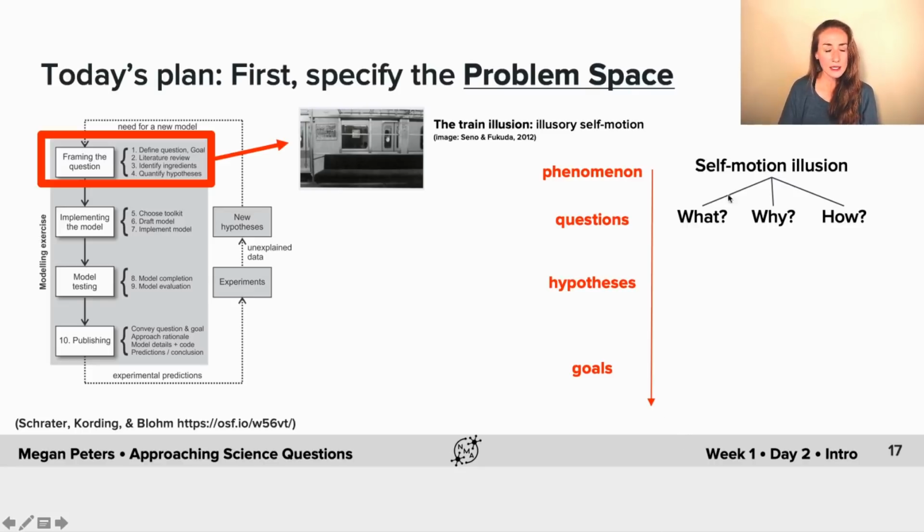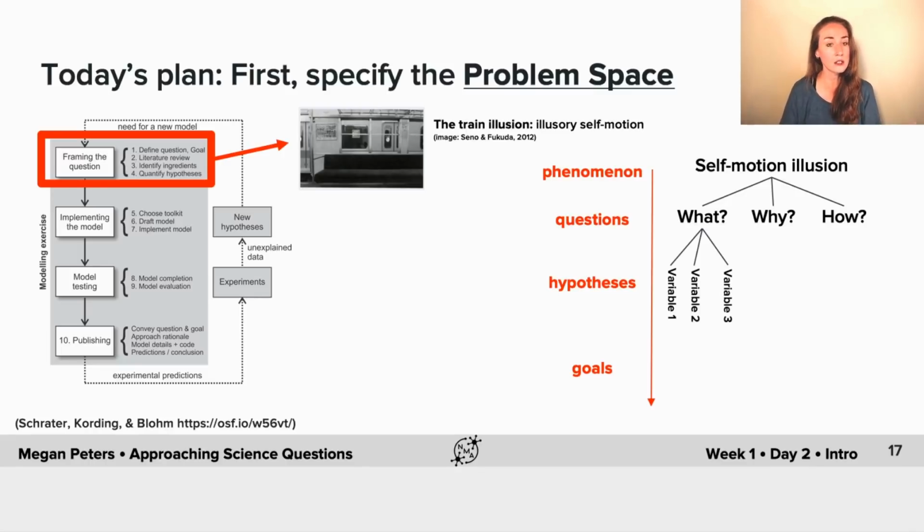Okay, so now let's pick the what question, just for the sake of argument. Now that you've got your question, what is going on, you can start to formulate specific hypotheses about the expected relationships or mechanisms or properties underlying the train illusion. Remember that your hypotheses are going to critically depend on your question. So in this correlational, descriptive question, we could hypothesize about whether speed or window aperture or weather conditions might relate to the phenomenon's strength. And then we could also specify the relationship between these variables and the phenomenon in question.